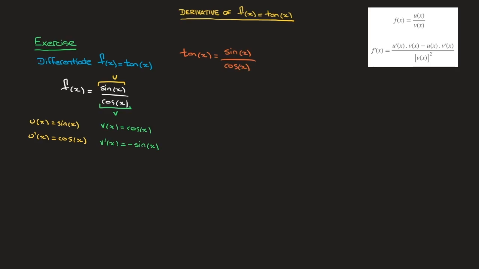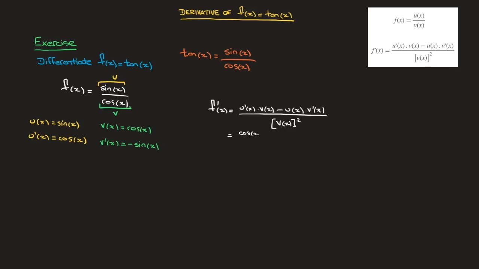And with the quotient rule, we can state that f dash of x is equal to u dash times v minus u times v dash of x, and all of that is written over v squared. So I'll just write v of x squared. There we go. Now replacing u, v, u dash, and v dash by the functions we have here, this becomes